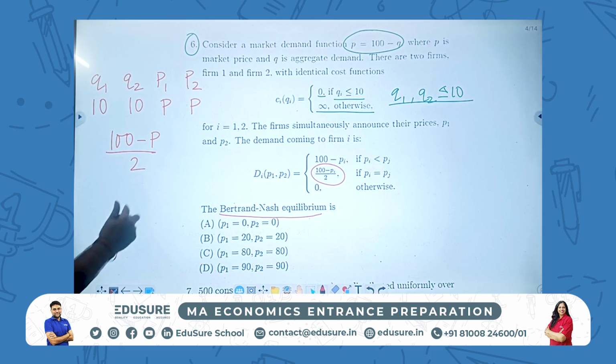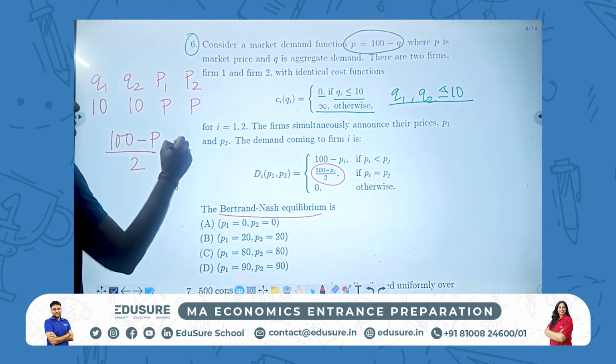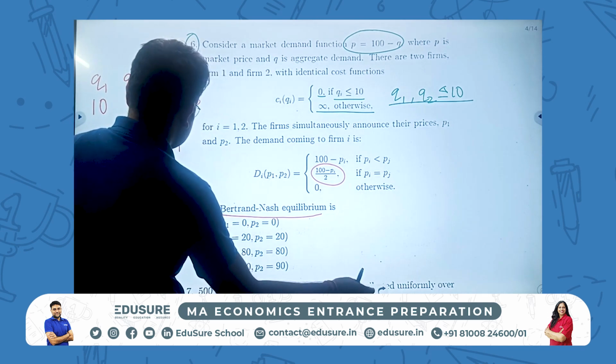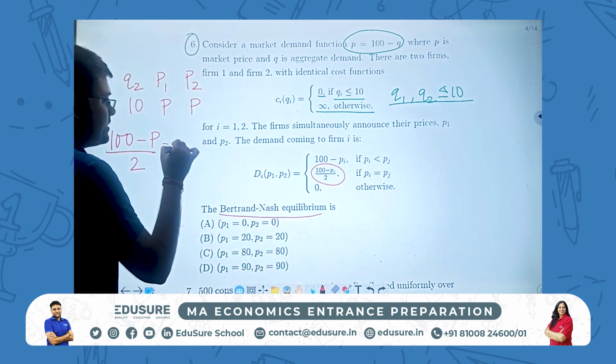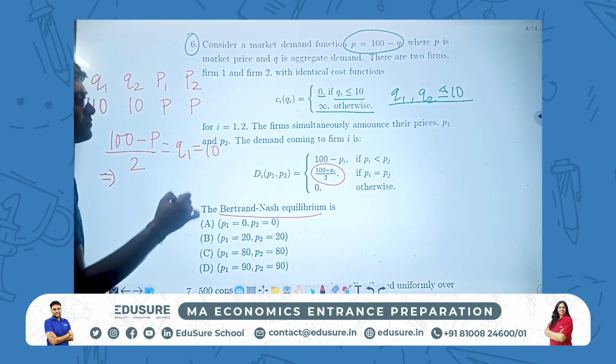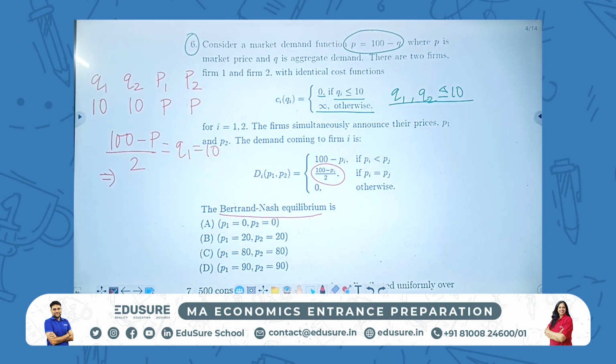Okay. So this is the demand for firm 1, this is the demand for firm 2 as well. Now, therefore, I can basically equate, and Q1 is equal to 10. Undercutting will happen till the quantity supplied is maximum 10. So 100